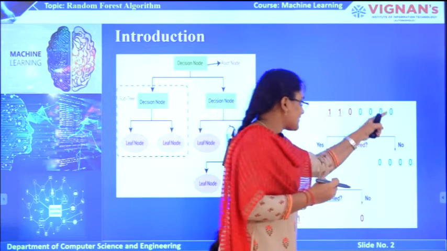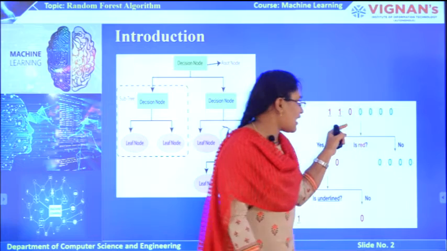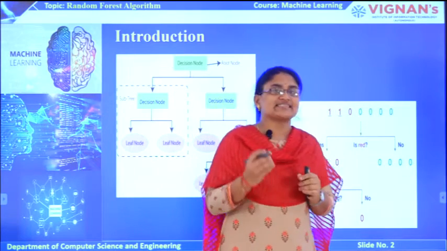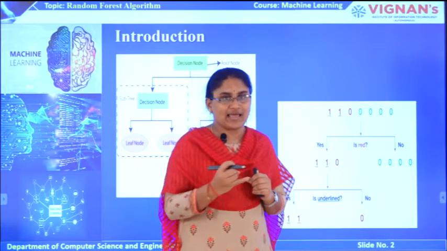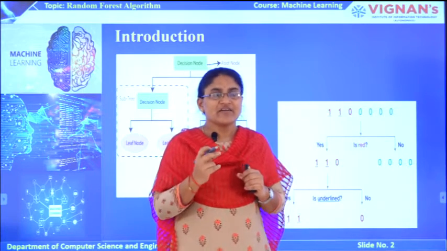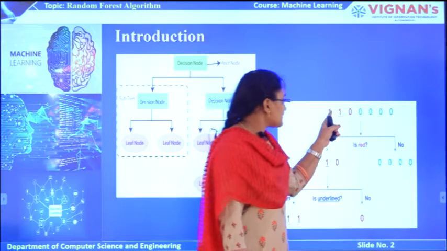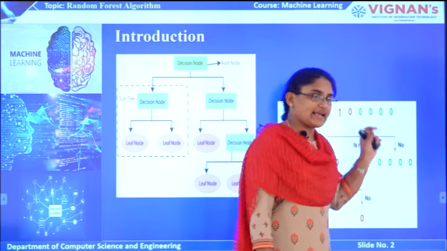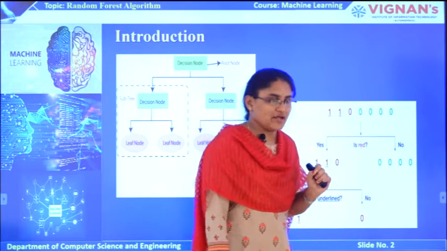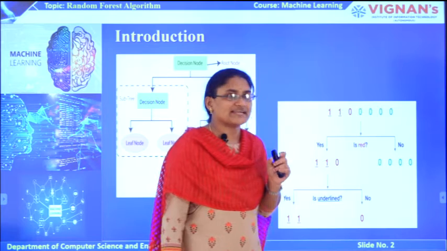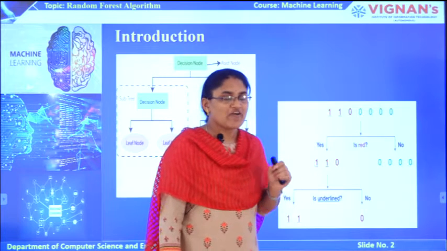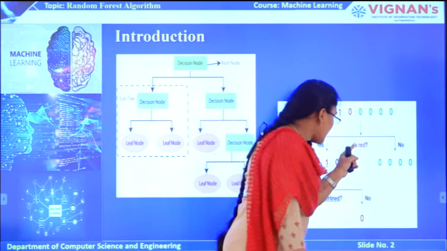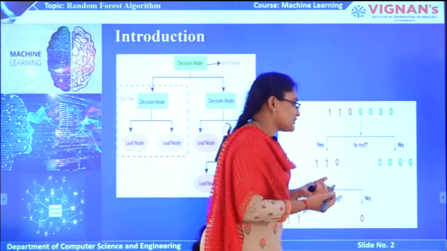Here this is our data set. The data set contains a combination of zeros and ones as data points, and the attributes are color and underline. Based on these features, we construct the decision tree. The color attribute contains the blue color and the red color, and another feature is the underline. First, I am splitting the tree based on the color attribute. Why? Because the color attribute gives the best split in my view. So I am selecting the color, and I am asking the question: which color?